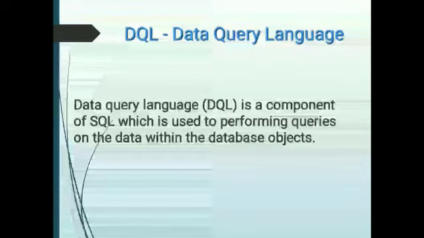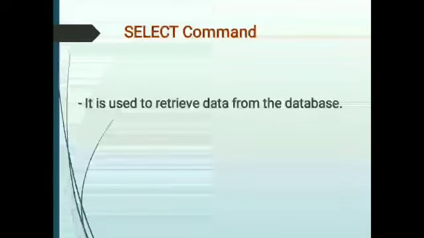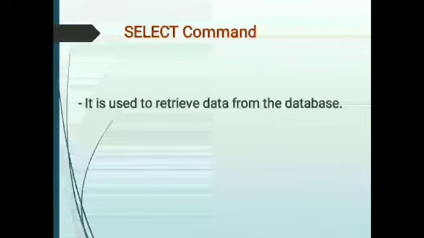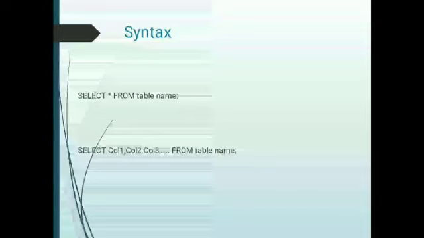Let's now take a look at the select command that comes under the DQL. The select command is used to select data from a database or view table information. Now let's take a look at the various syntax of the select command. First one is select star from table name. This statement is used to retrieve all of the information stored in all of the columns of the table. If this command is executed, the complete table is displayed in its actual form.